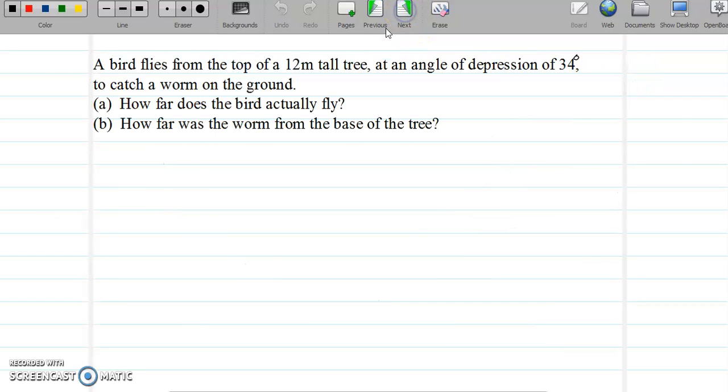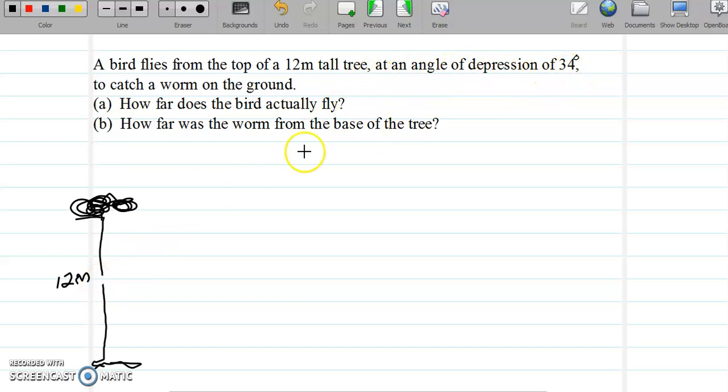Okay, the final question we have to look at is this. This says that a bird flies from the top of a 12 meter tall tree. If I have this to be my tree, and this is the base of the tree, and they say that the tree is 12 meters tall, at an angle of depression of 34 degrees. Okay, now let's start afresh. It says that a bird flies from the top of a 12 meter tall tree at an angle of depression